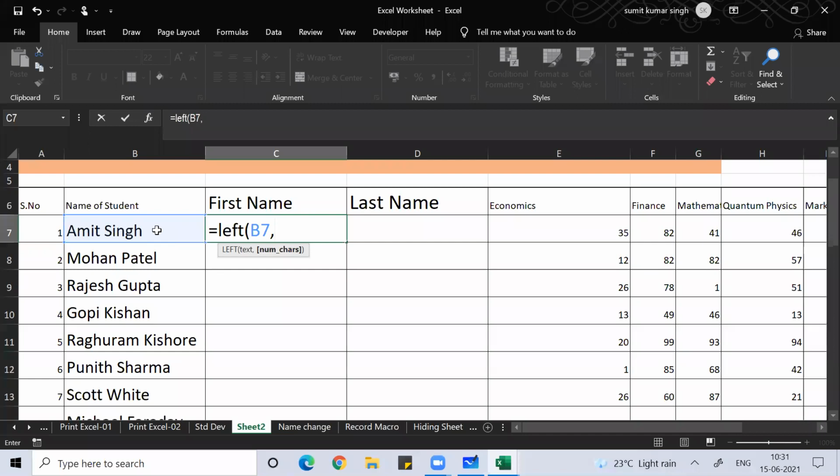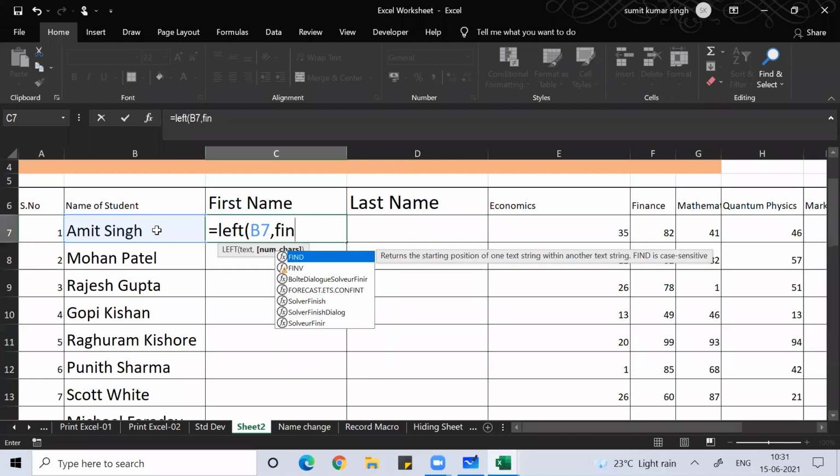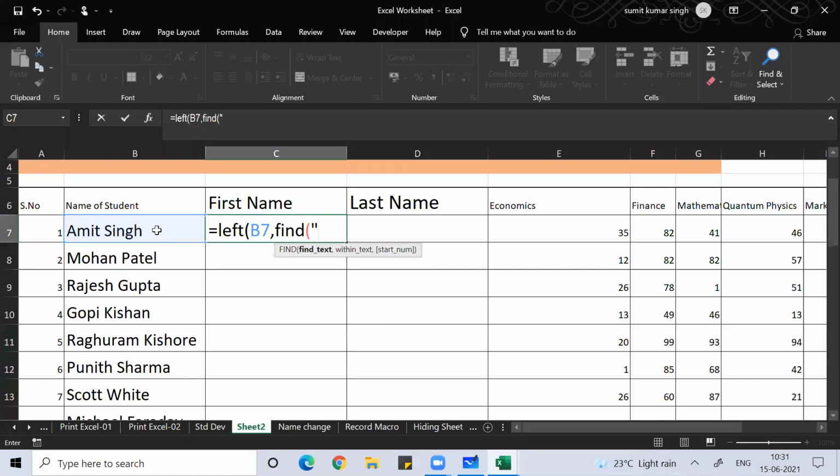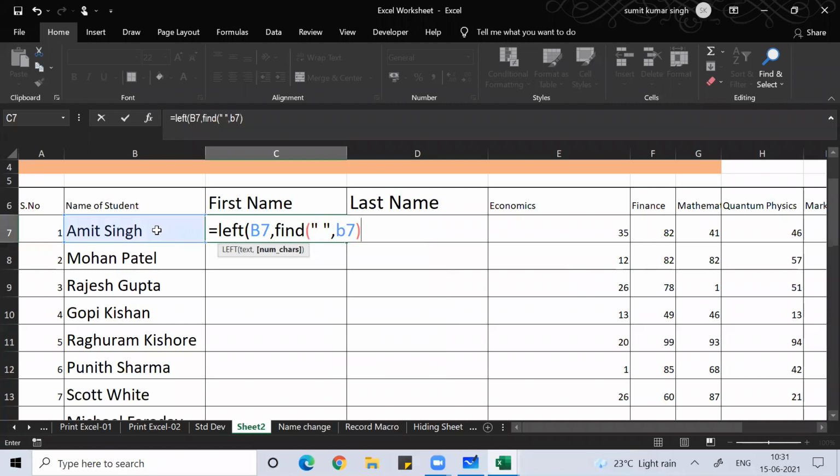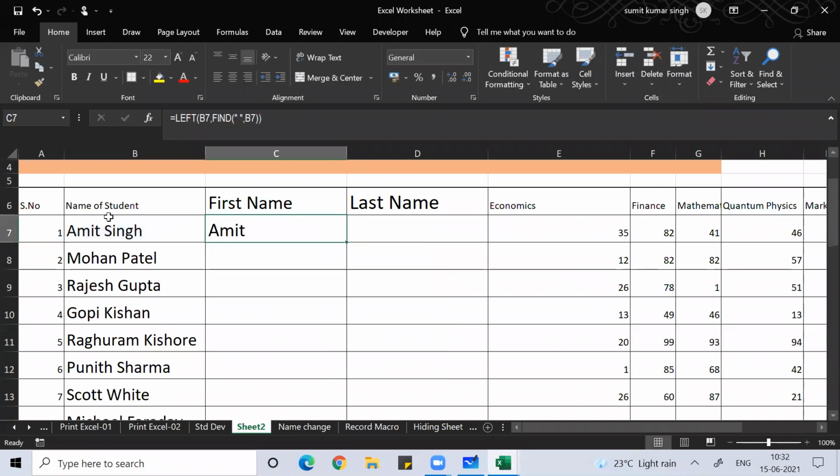For that I can use a function called find: equal to find, open double quote, space, double quote, comma, B7 and then close bracket. If I do this, it can give me my name. Understood, everyone?